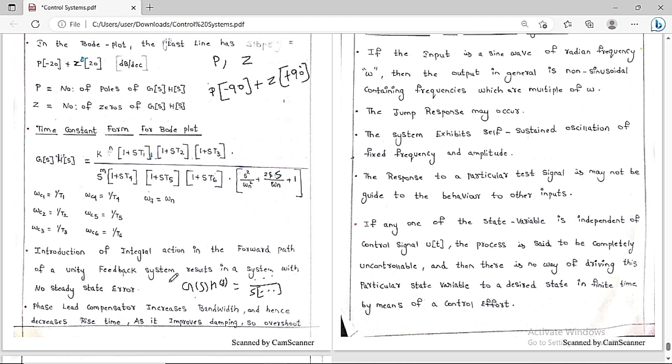Means there will be no steady state error. Means steady state error will be zero, absolutely zero in that case. So this you always have to keep in mind. Therefore, we can say finally, whenever you introduce an integrator in